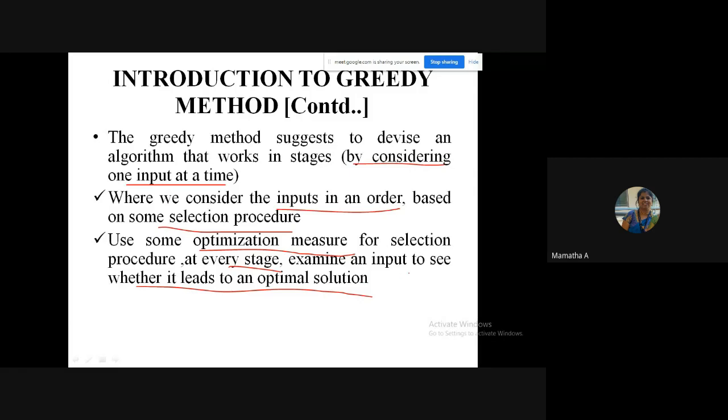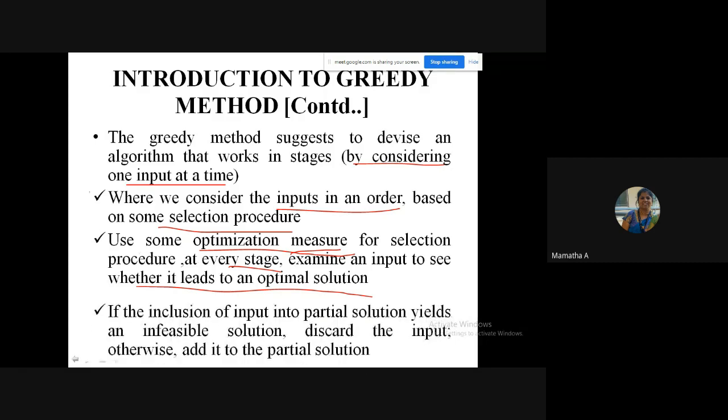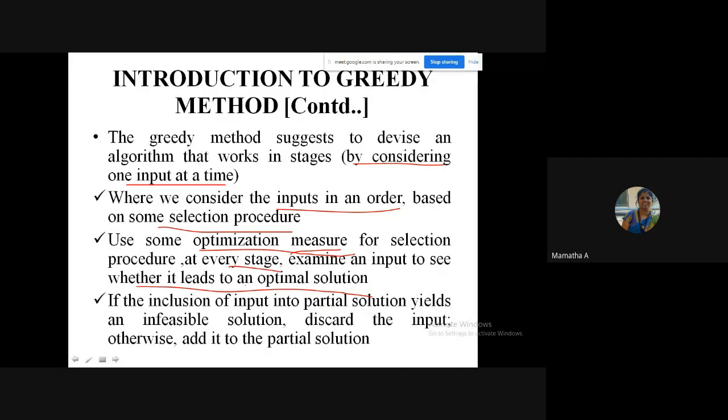You can see here, I am not bothered about feasible. I want the optimal in all the greedy algorithms. We will see that later. So it works in stages, selects one input at a time. At every stage, it checks whether the input leads to an optimal solution using some optimization measure. And if the input that you select gives an optimal solution, add it to the partial solution.